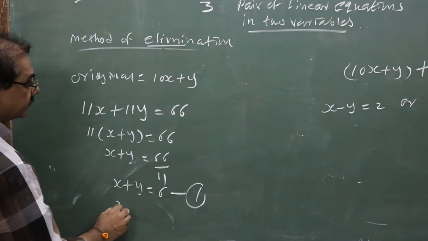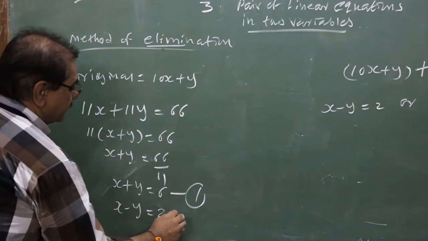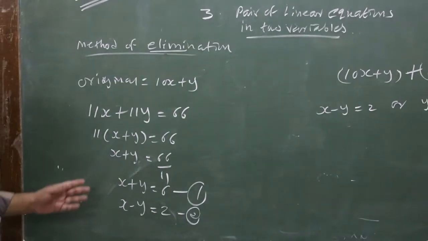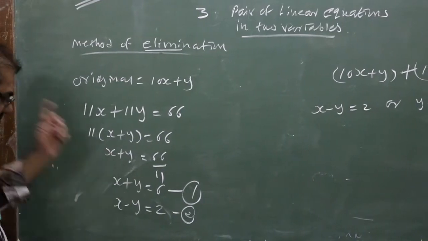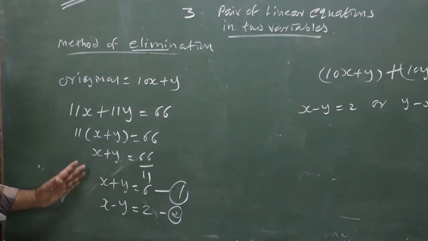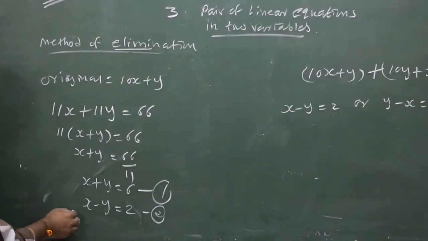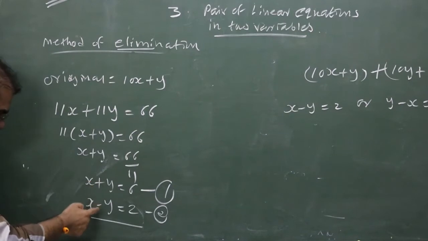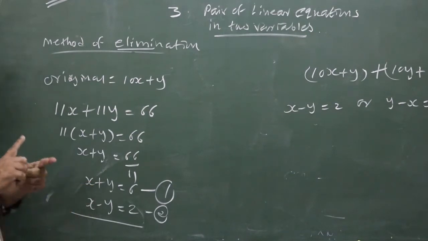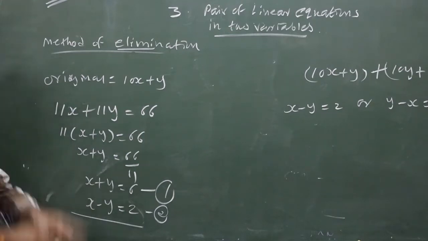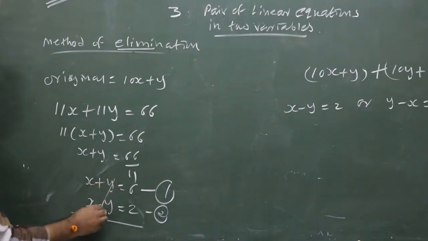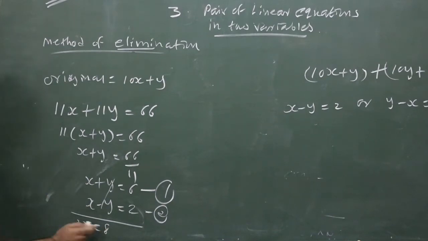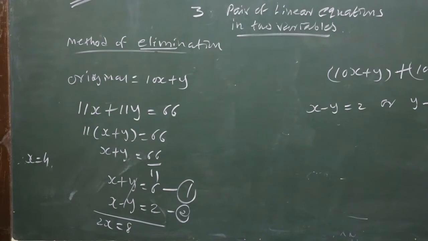First of all, I take x minus y is equal to 2 as equation number 2. Now see, x and y both have the same coefficient, so there is no need to multiply the equation by some numbers. So directly what to do here, for y, the signs are opposite. When the signs are opposite, don't perform subtraction, go for addition. So x plus x, 2x, plus y minus y, gone, is equal to 6 plus 2, 8. So therefore, x is equal to 8 upon 2, x is equal to 4.